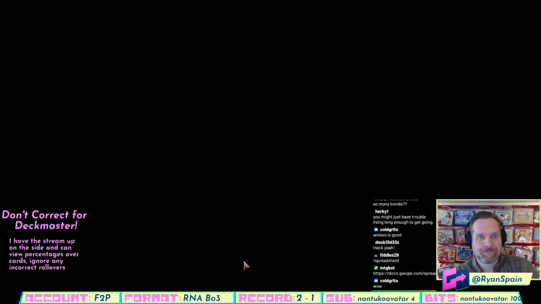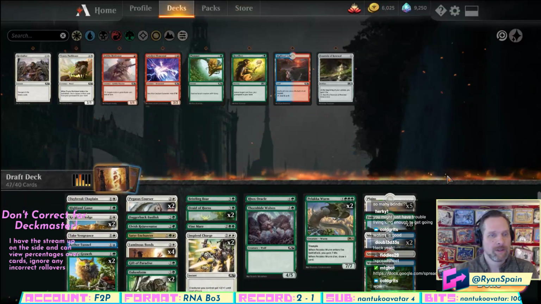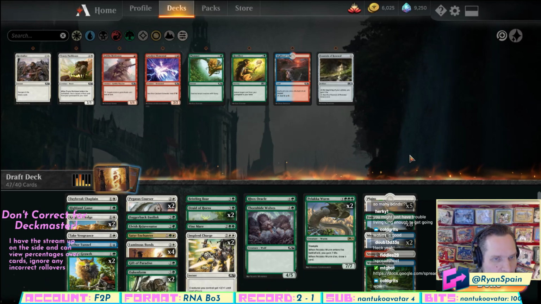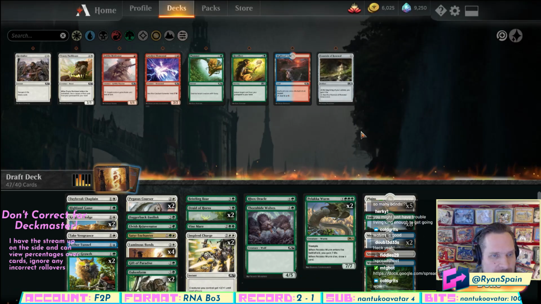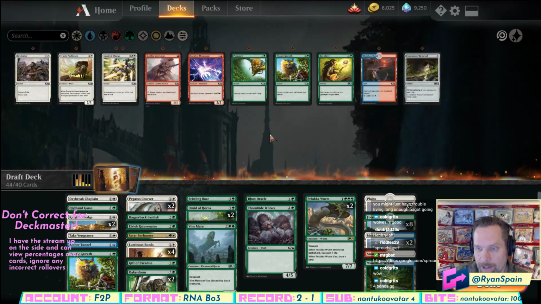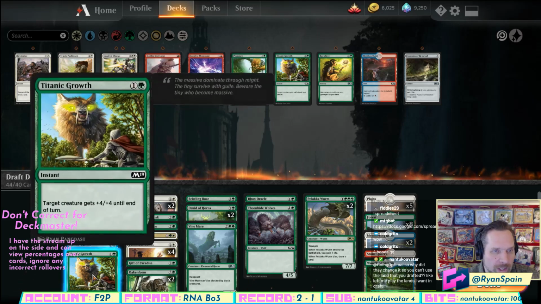All right. We got some cuts, so that's cool. 7 cuts. We have 15, 15. Probably going to have to cut some of the less desirable auras. Wow, this deck looks fun though. Probably not a charge deck. And really probably even not a Titanic Growth deck. Keeping 1 in here kind of like...